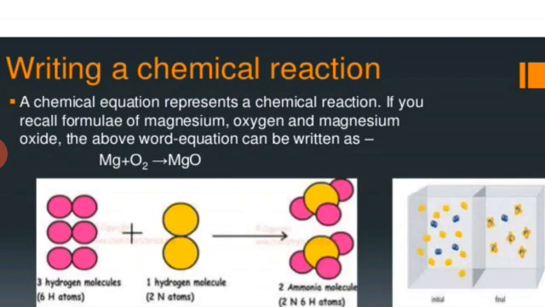As I said, when magnesium is burned in oxygen, it forms magnesium oxide. When we are representing it by a chemical equation, we should know the formula of magnesium, oxygen as well as magnesium oxide. When we write this, Mg plus O2 is giving us MgO. So it should be balanced. Like here, oxygen is O2, whereas in MgO, it's a single O. It needs to be balanced. For this,